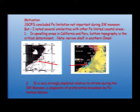The other extremely important finding from the JGOFS era was that silica becomes very strongly depleted relative to nitrate during the southwest monsoon. That's a very important diagnostic of preferential drawdown of silica and nitrogen by iron-limited diatoms. This goes back to observations originally made by Dave Hutchins: iron-limited diatoms have very high silica to nitrogen ratios. So those two things were